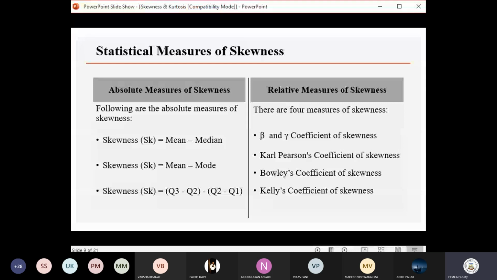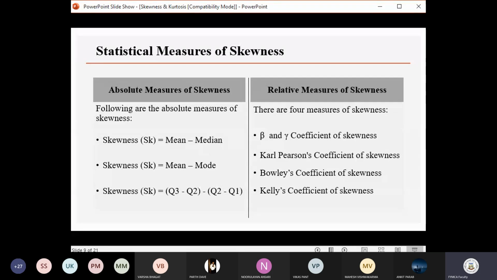For example, you have 5 values: 1, 1, 1, 10, 10. So what will be your mode? Definitely your mode is going to rely on the extreme side. If it is on the two extreme sides, that is, on a boundary side, then definitely it is going to cause a problem. So mode is problematic in that case. So in that case, mean minus median, this method can be used.